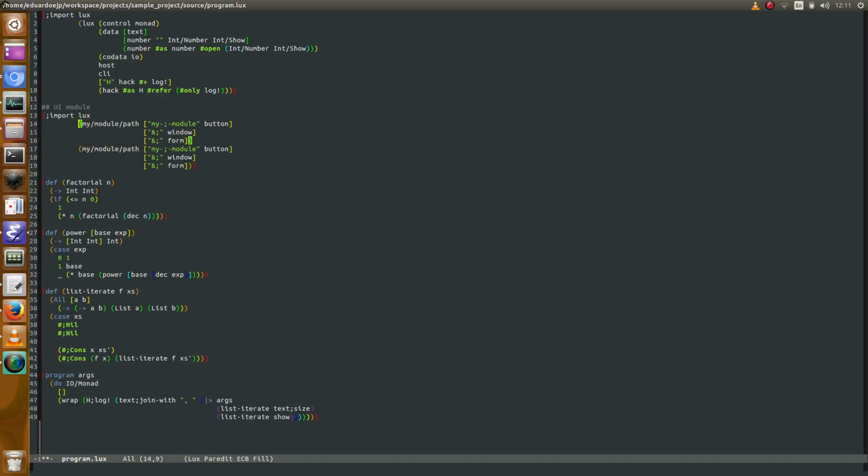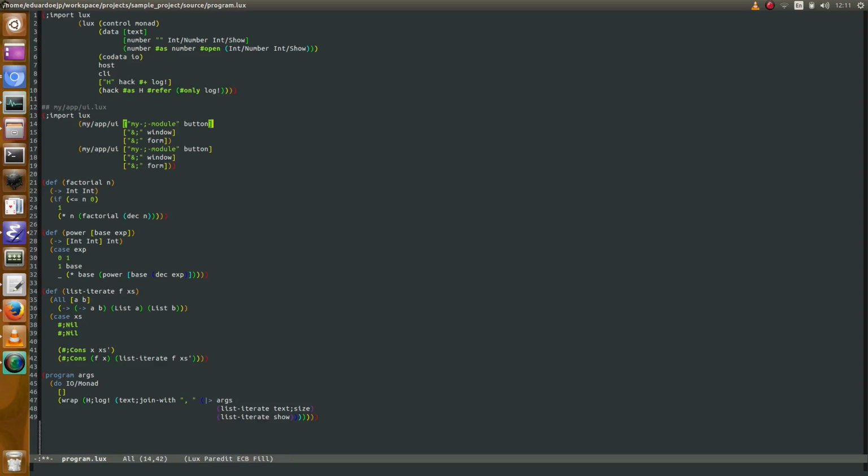Let's say that my module is called my app UI, and let's say that it's a file named my app UI.looks, and there is also a directory named my app UI